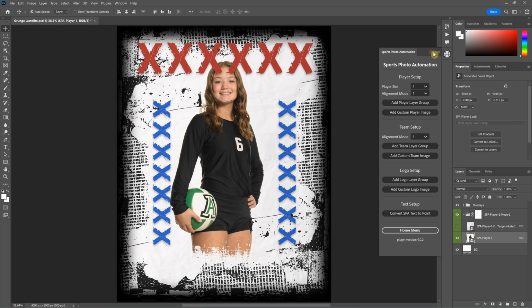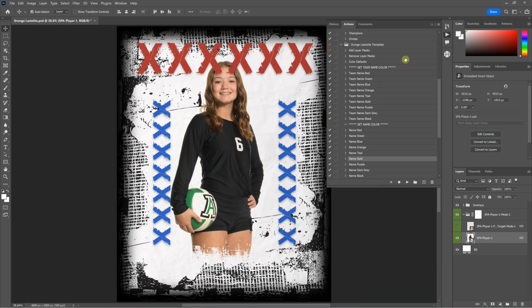So with this template download, there's going to be some actions that it comes with. And one of the actions is called Add Layer Mask. Now, this is not doing a cutout again, it's adding some layer mask just to mask out the texture where we don't want it, more or less. So if I hit Add Layer Mask and hit play,